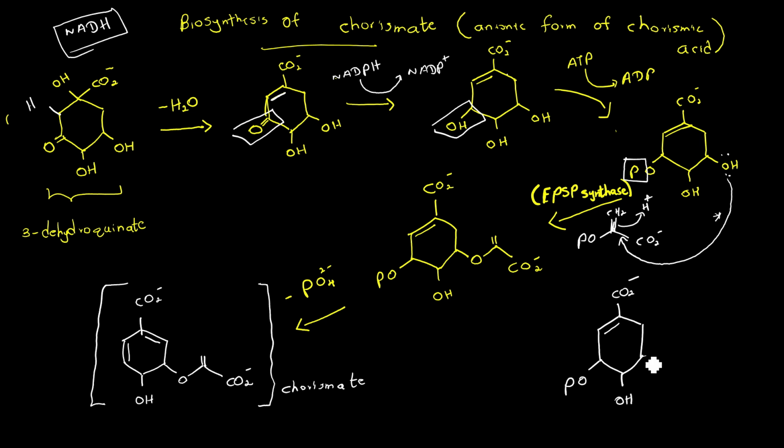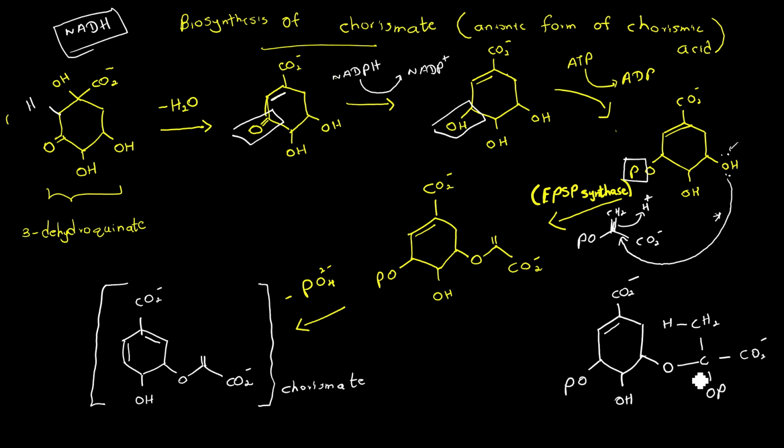Now here you can see the oxygen. This is the oxygen from here, and now this oxygen has attacked this carbonyl group. So here we have a carbon, and here you have CH2. Now this carbon has attacked another proton. So here you have another hydrogen, and downwards you have an OP group, and on this part you have CO2